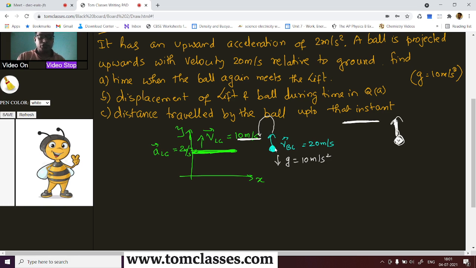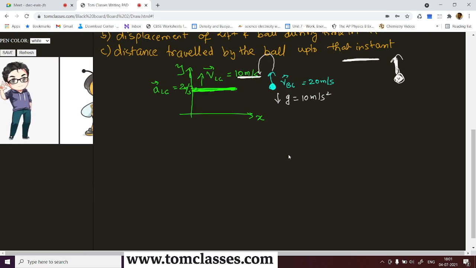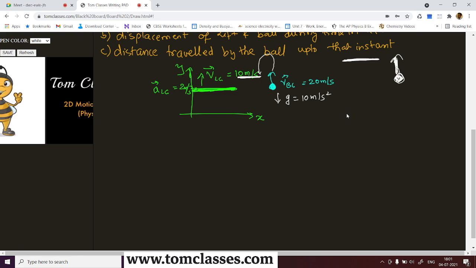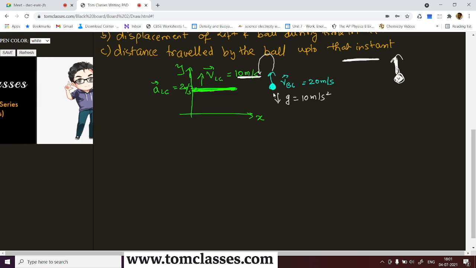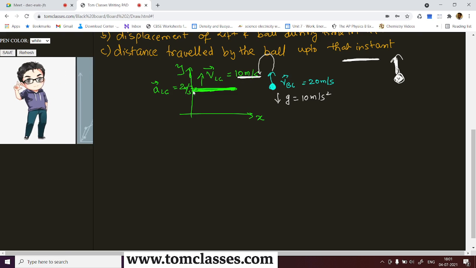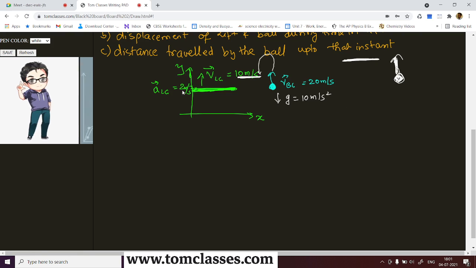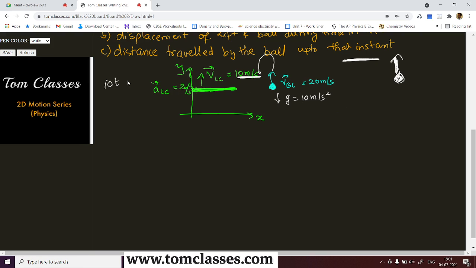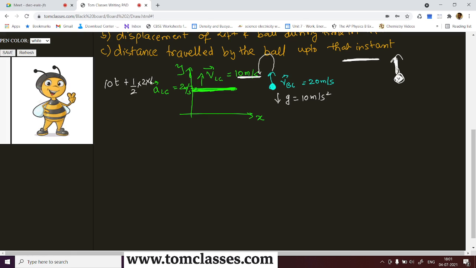Now the equation of motion of this particular ball is going to be given by what? He is asking about the time. This is the velocity and this is the distance. So what I am going to say is that the distance covered by this is going to be 10t, the velocity, plus